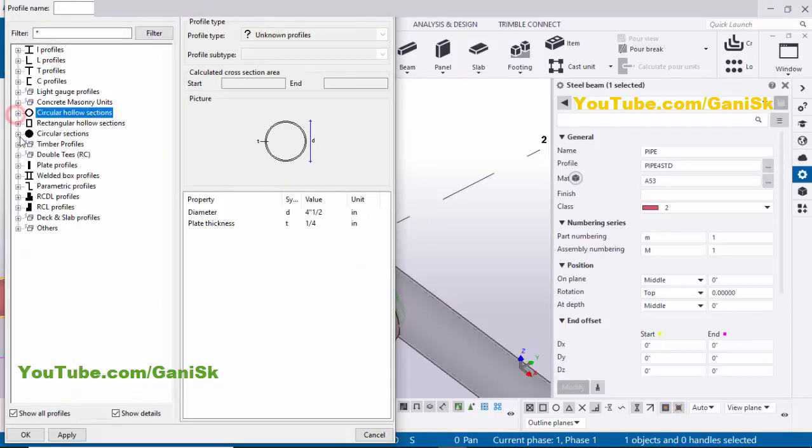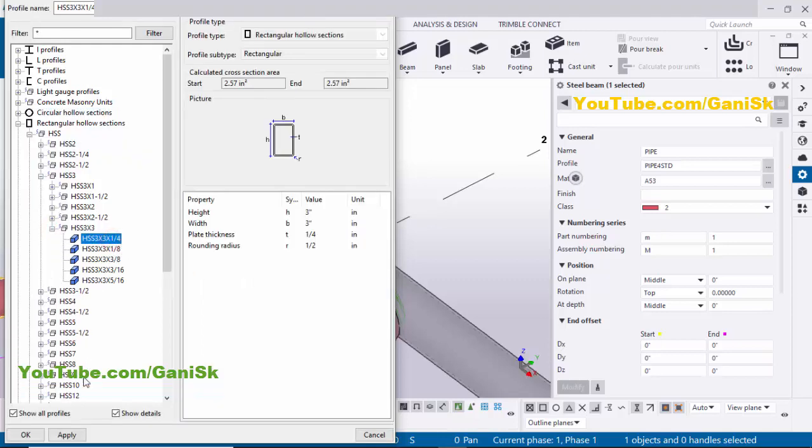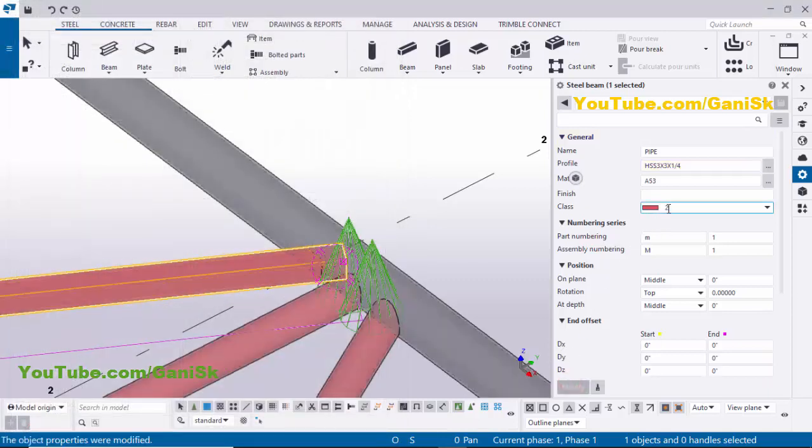So minimize it and click on this rectangular hollow section. Let's take HSS pipe, HSS 4 by 3 by 1 by 4 inch. Then click on apply, OK. Click on modify. And now we're going to change the color also. Let's take class 5. Then click on modify and close it